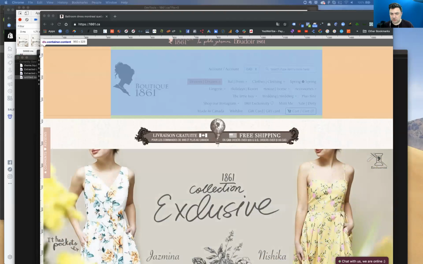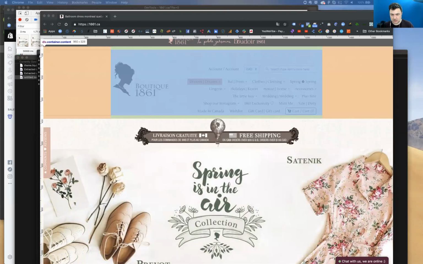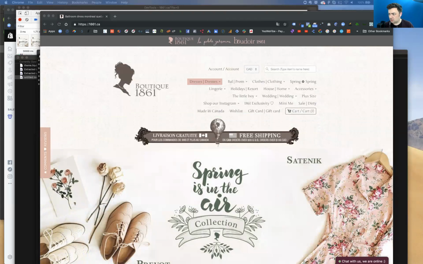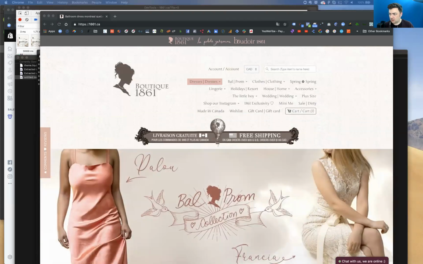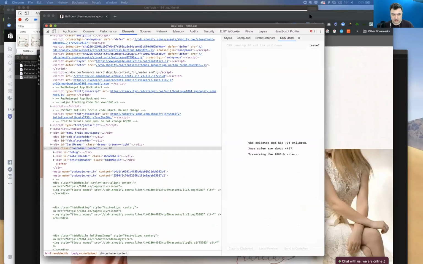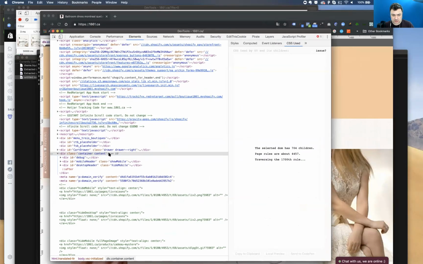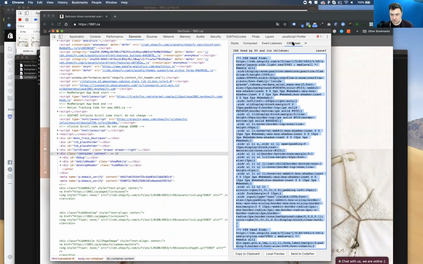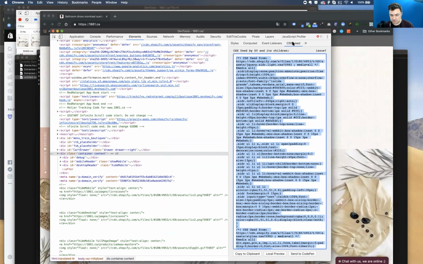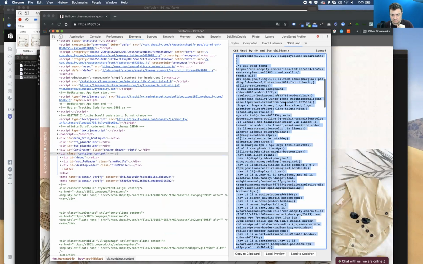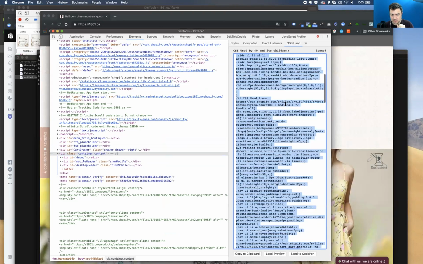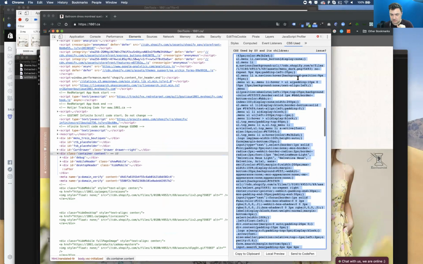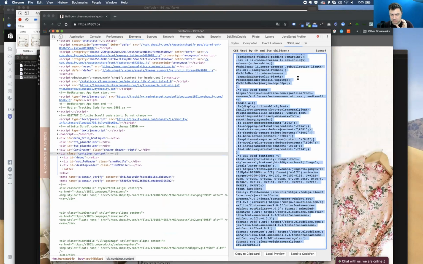Right. So you see, I've got this area selected now. I've got the header selected, and I've got a plugin on. So that selector here is this one. This is the container content, which is just down below the cart drawer, and this has got all the header stuff in it. What this plugin called CSS Used is looking for is all of the CSS used in this element. So you can essentially come in here, download that, and stick that in